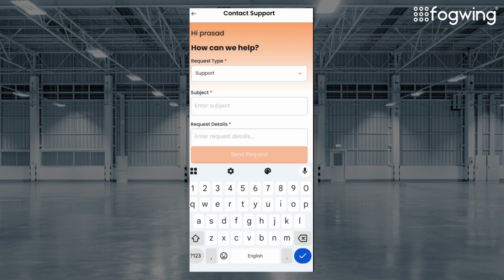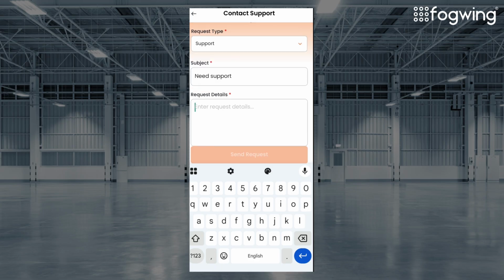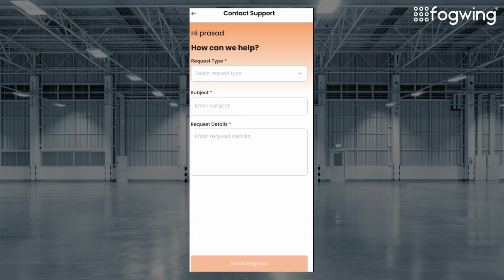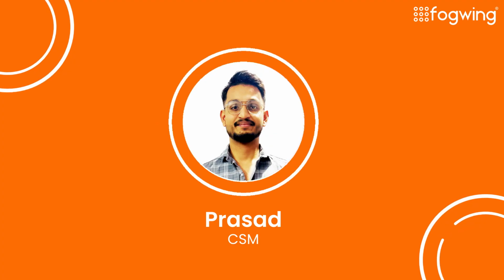So if you select that here, you can enter the subject detail here, then you can enter the request detail, what kind of support you need. And then you can send a request here. Once you send the request, the support ticket will be raised, and then someone from the support team will contact you and reach out to you. This is all about the